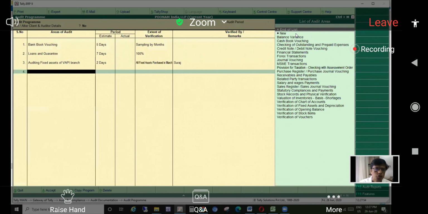So you can create your own audit areas as well.